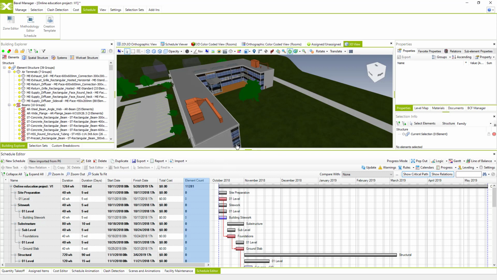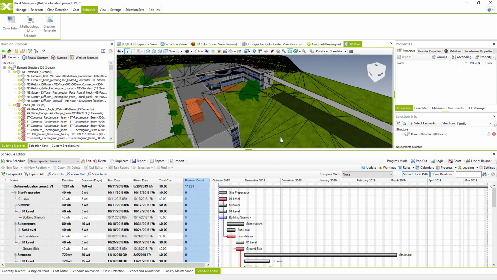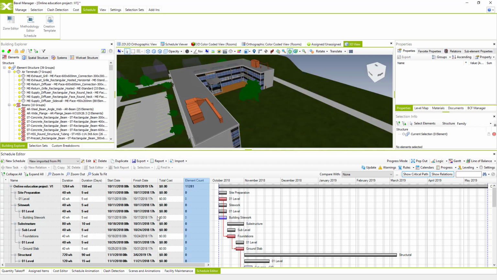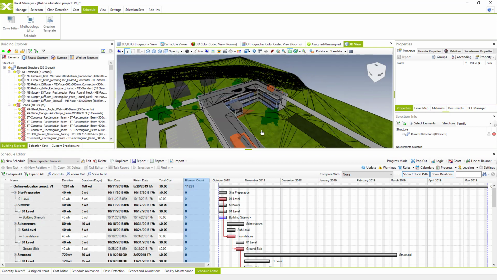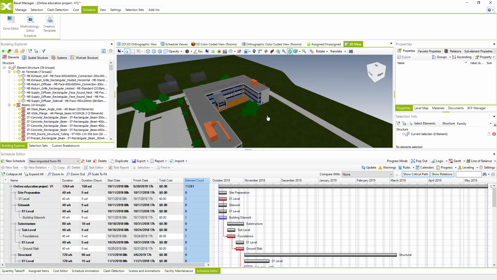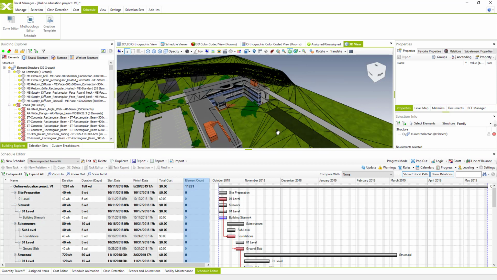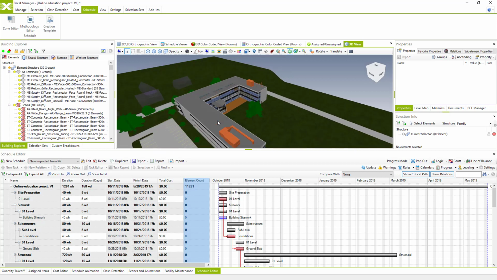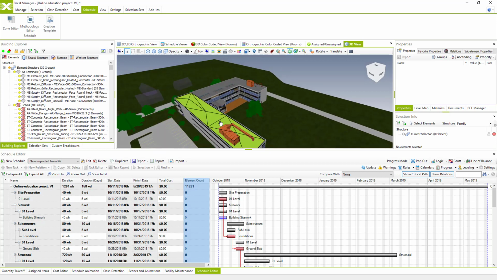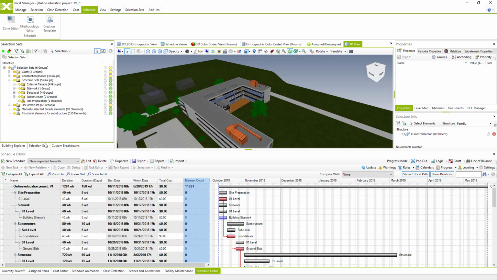But anyway, a lot of customers are struggling with this, and this kind of linking of specific tasks with each element or each group is usually needed when we're talking about an infrastructure project where design teams are using